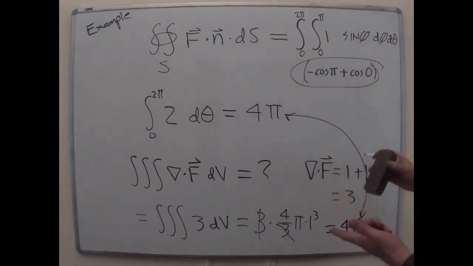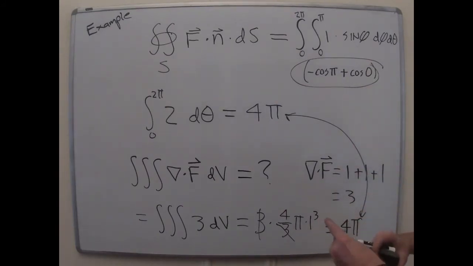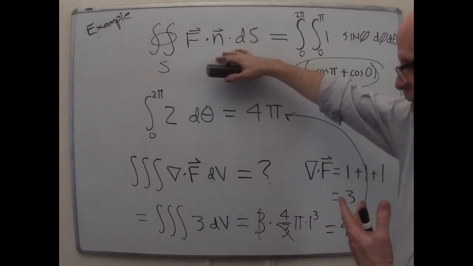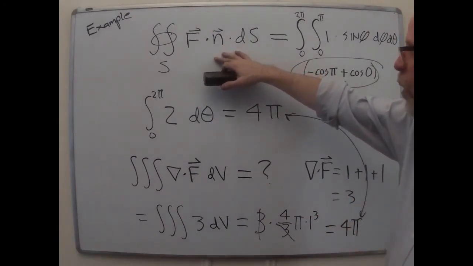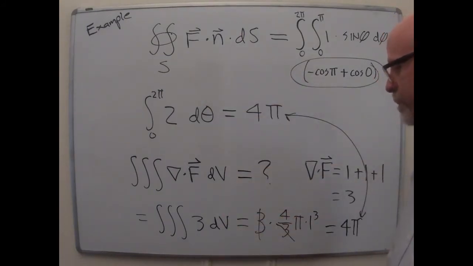And this is sort of typical of both Stokes' theorem and divergence theorem results, that one or the other will be really easy to do, and the other would be really hard to do. Sometimes even impossible to do. You can have surface integrals that you couldn't possibly get. I mean, maybe not literally impossible, but it's so hard you wouldn't want to try it. And solid integrals that are just that easy. You end up integrating a constant over the volume.